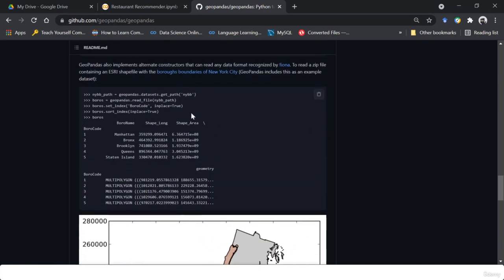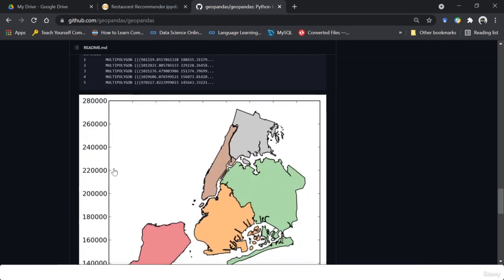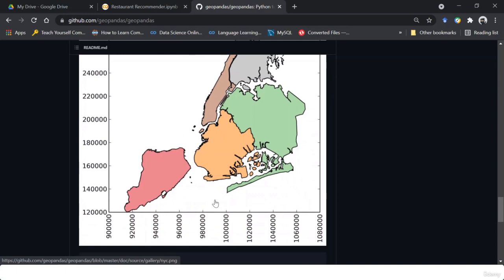So here as an example, it has shown that they are reading the file, and that file is present inside this variable, and if you print this variable, it gives you a map for the boundaries of the boroughs in New York City.